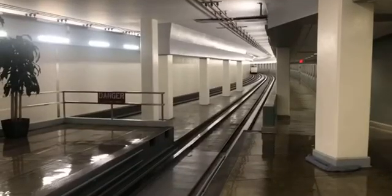So this is the door to the office that I actually intern in. I'm not really allowed to show you the inside, but here you go. This is the door. Okay, so I just got out of the office. So one of the things that I kind of do in the office is I answer